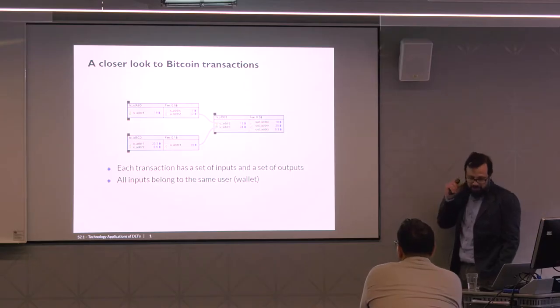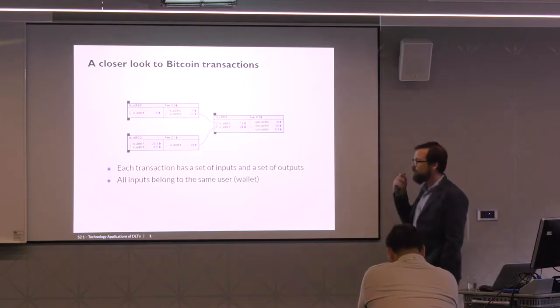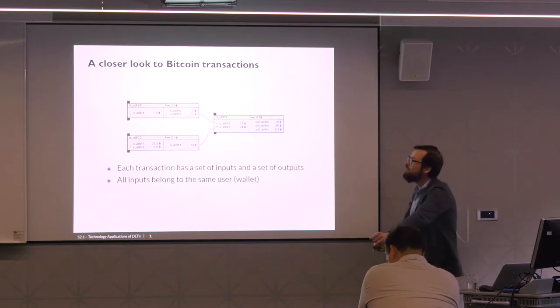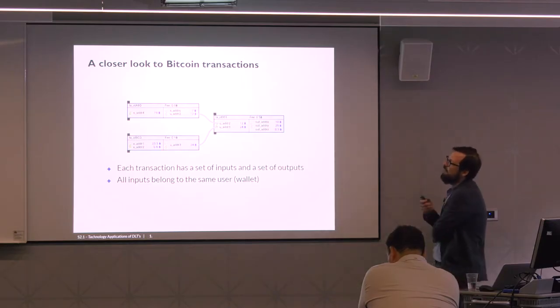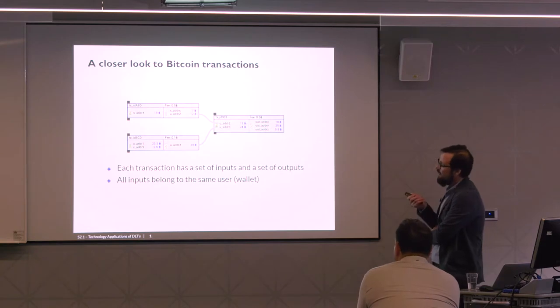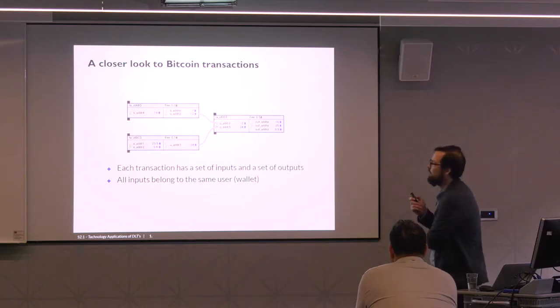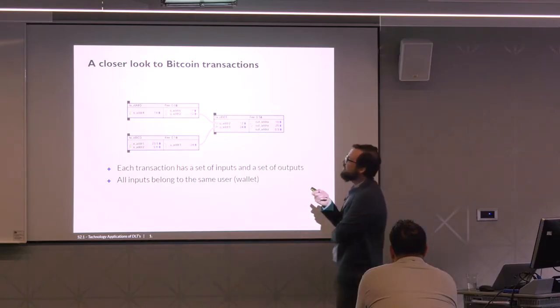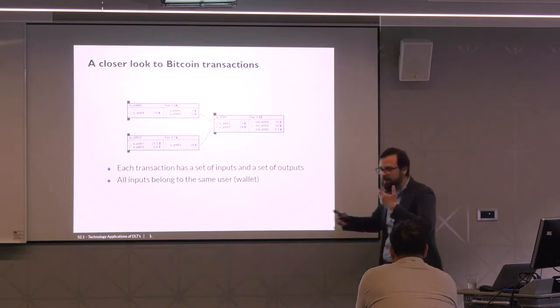But we were talking about user identification, pseudonymity, and so on and so forth. Until 2017, every time that you saw a transaction like this one, it meant only one thing. It meant that these two addresses belong to the same user. And why? Remember that the addresses are cryptographic pairs of public and private keys.